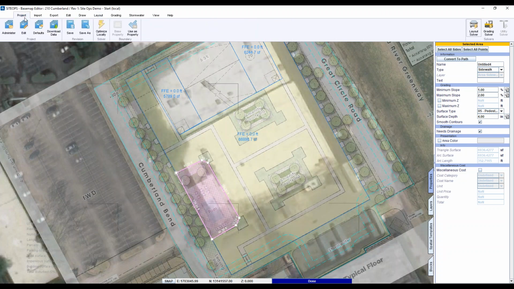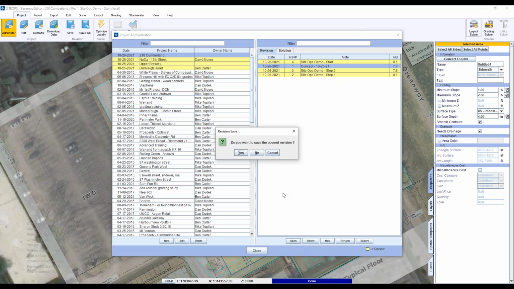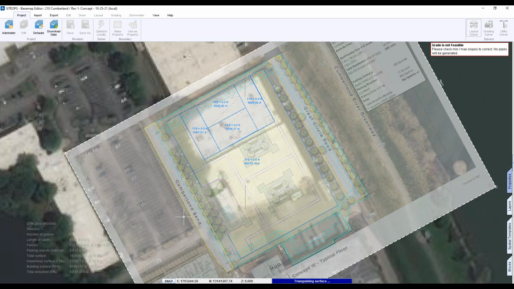So I'm going to jump out of this one and jump all the way to the end. How long do you think, because you mentioned you don't use much CAD, but you're very fluid when you're adding these vertexes, expanding it around your stormwater. You're changing your areas between other area and sidewalk. How long do you think it took you to get to that level of comfort inside Site Ops?